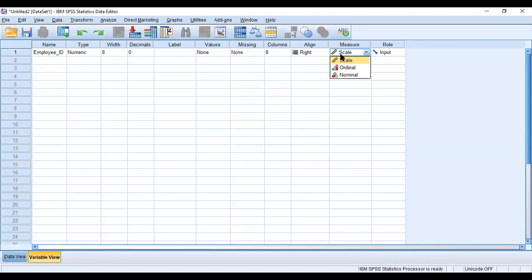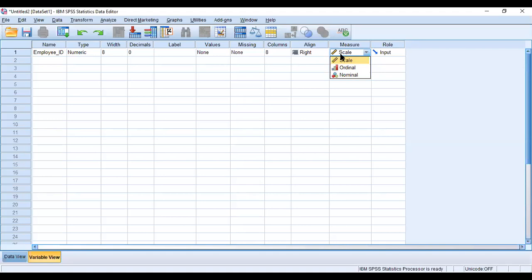For example, employee name. Employee name is a nominal measure because one name cannot come after another name. Every name has an equal importance, right?